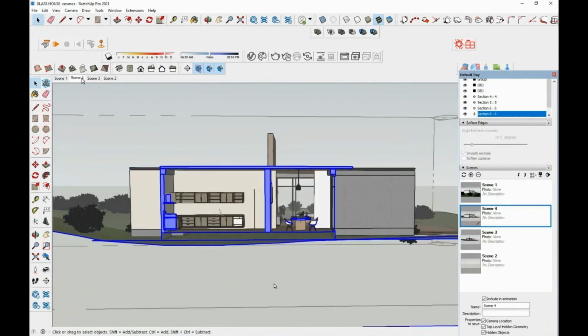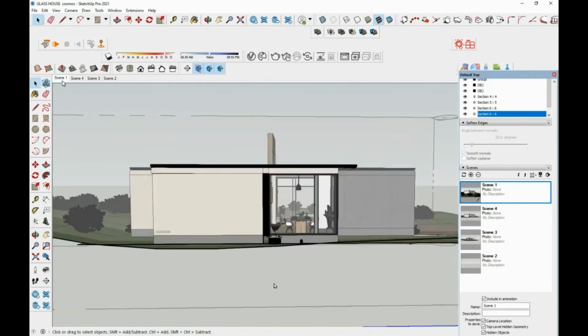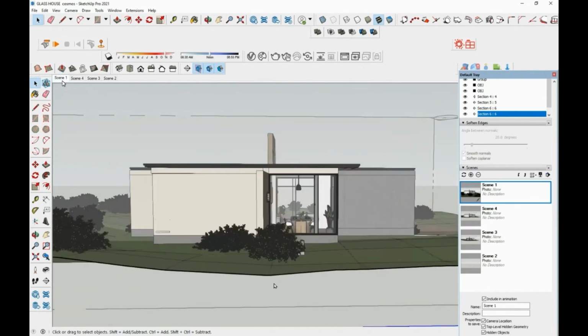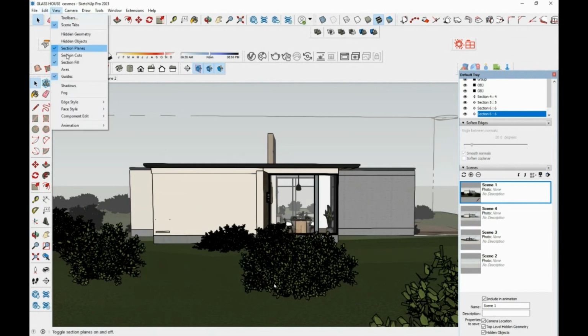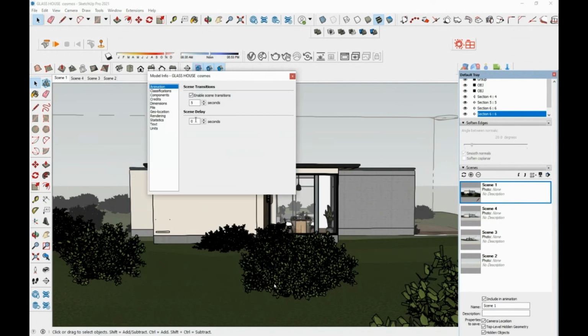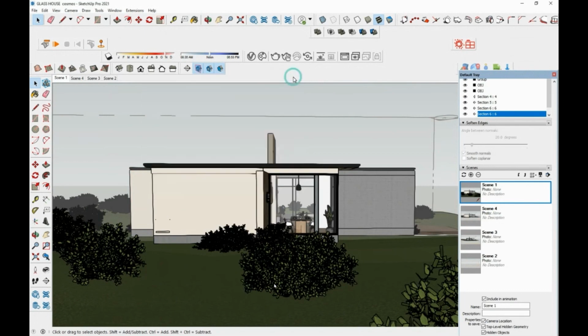Now you can go to View, and in Animation, you can give the time. See, in animation settings, I'm entering the scene transition time, and I had given a scene transition time of 6 seconds and a scene delay time of 0 seconds.